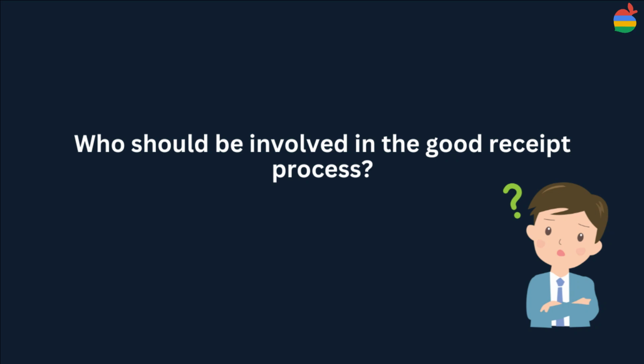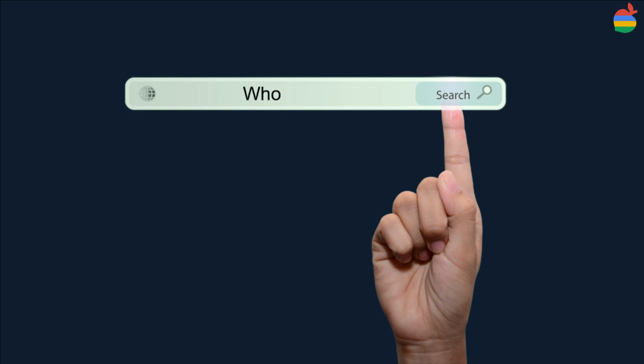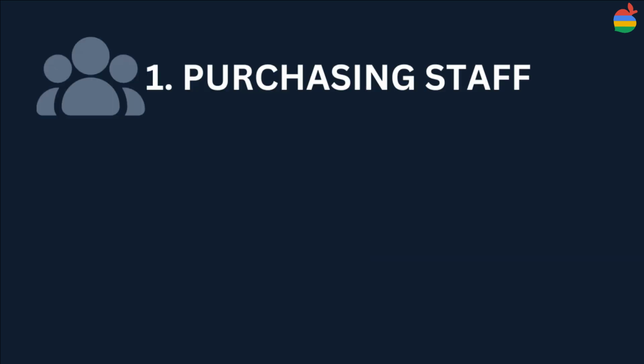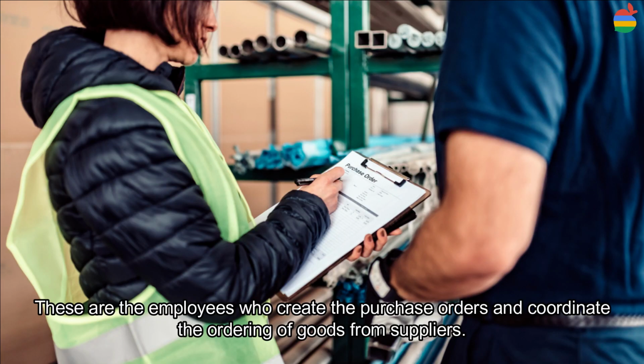Who should be involved in the goods receipt process? The goods receipt process typically involves the following individuals. First, the purchasing staff. These are the employees who create the purchase order and coordinate the ordering of goods from